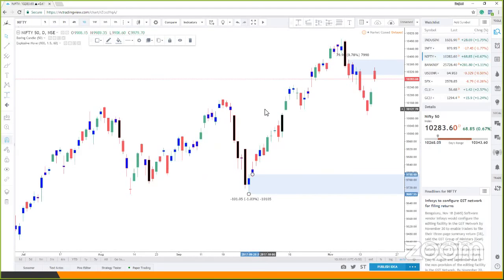As far as a longer term perspective is concerned in Nifty, we would still like to be a buyer on it. But for that, we need some deep corrections to happen. Because we want those deeper corrections to happen, this would be a good area where we can start looking for some buying opportunities on Nifty with a longer term perspective. Now, the next one is Bank Nifty. Let's look at what Bank Nifty is doing.